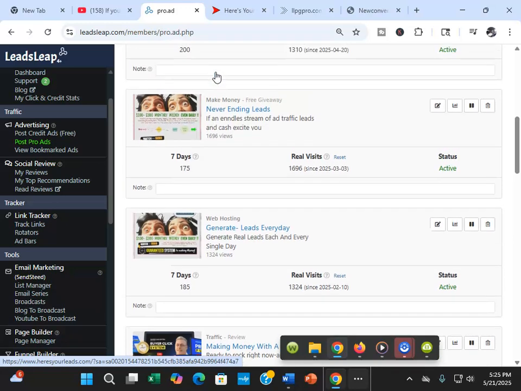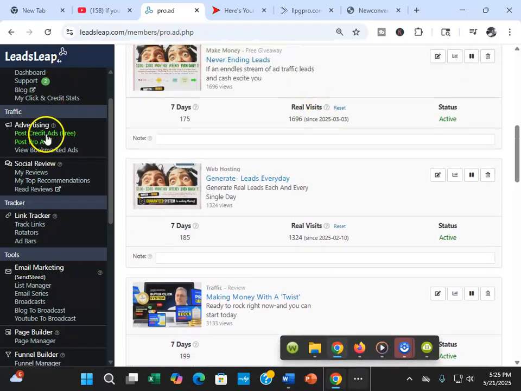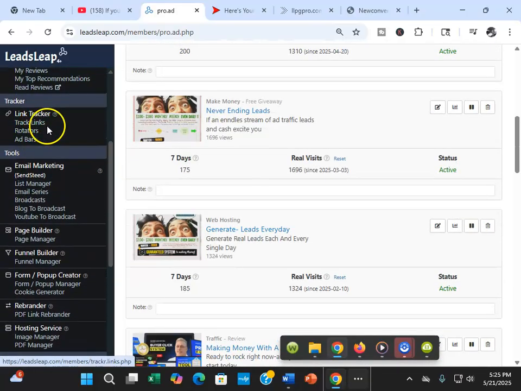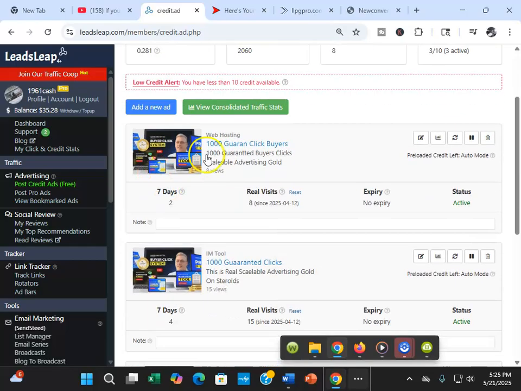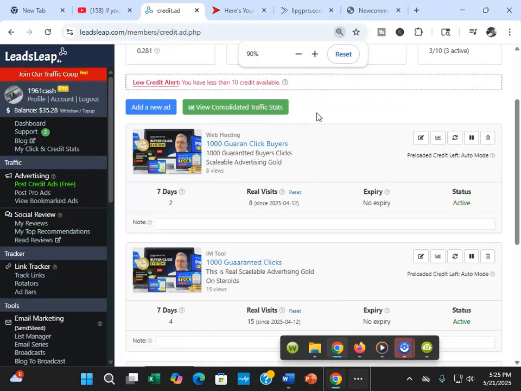So we go inside your membership and just play around. If you are not a free member, if you're not a pro member, guys, I want you to go to the post credit ad section, because that's where you're going to post your pro ad. Now I'm going to edit this ad, so the process that you use to place it is going to basically be in reverse. I'm editing it because it's already in there, guys, but over here is where I would edit if I wanted to.